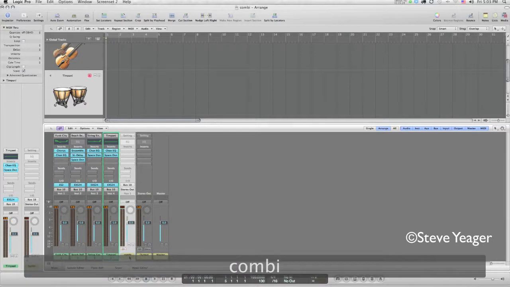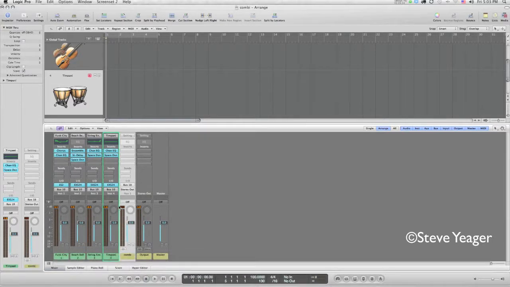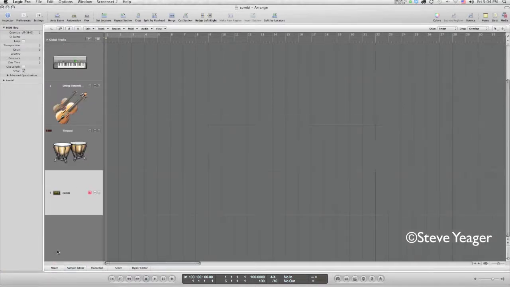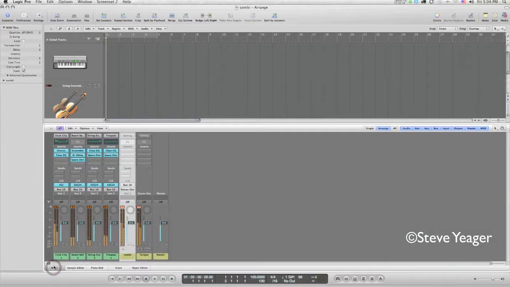All right. And now when I do that, I'm going to have some fader control, pan control. I can do inserts. I can do more sending. That's the workaround. Okay, so I'm going to go back into the arrange and be on this track, and then get back into my mixer